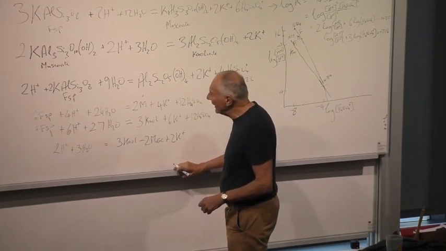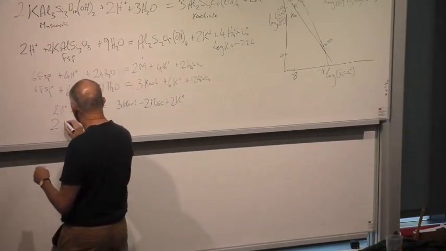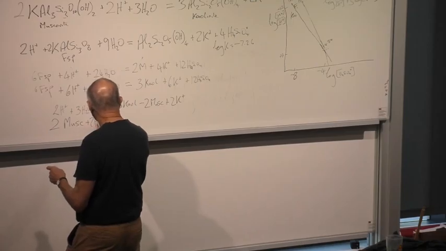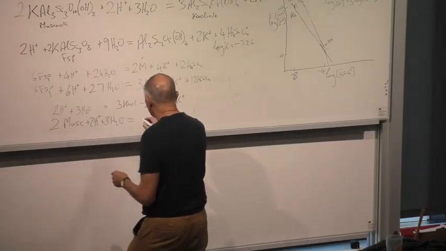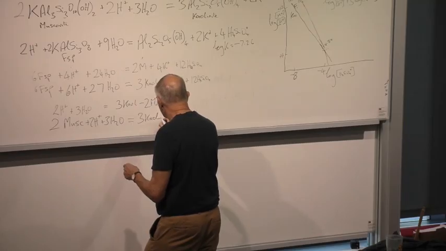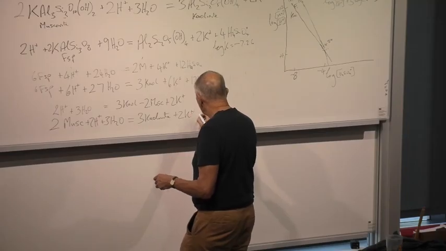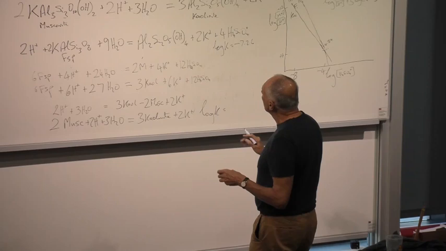So just rearranging that, we have 2 muscovite plus 2H plus plus 3H2O is equal to 3 kaolinite plus 2K plus. And log K for that reaction is going to equal 3 times this one,